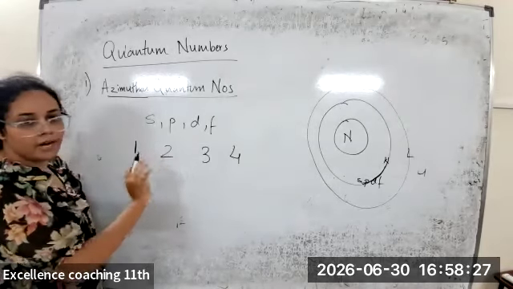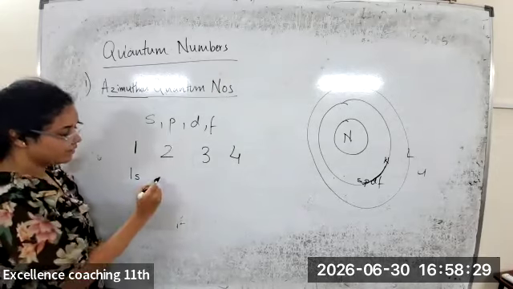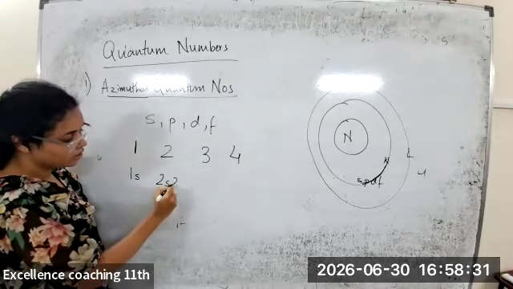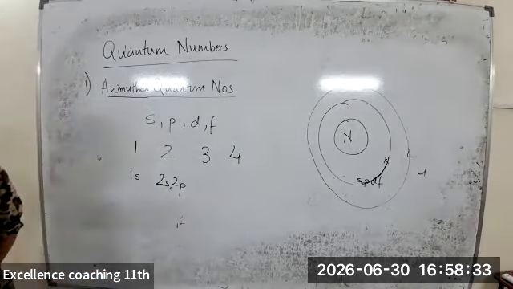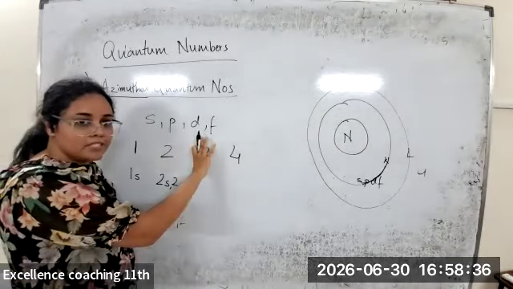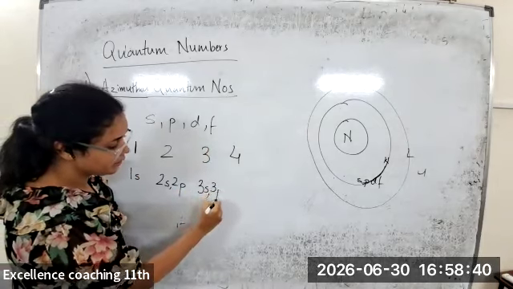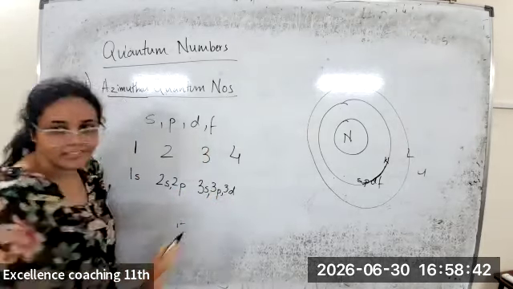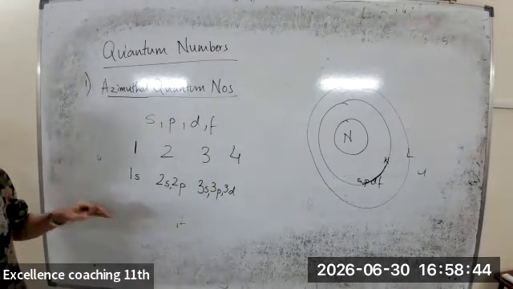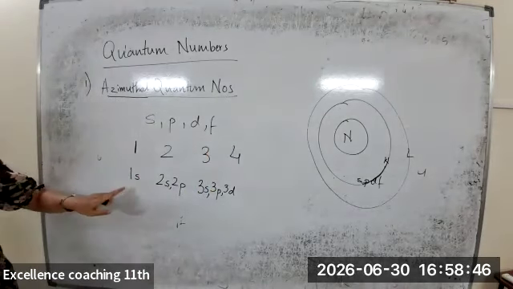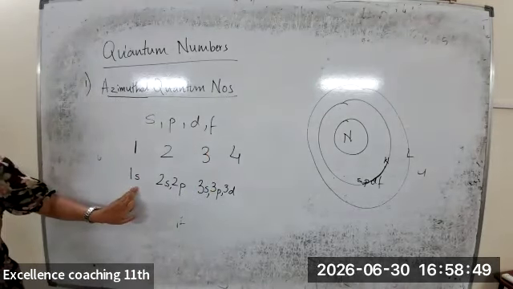If I speak about principal quantum number 2, I will have 2s, 2p. For principal quantum number 3, I will have 3s, 3p, 3d. Now you all will have a question: